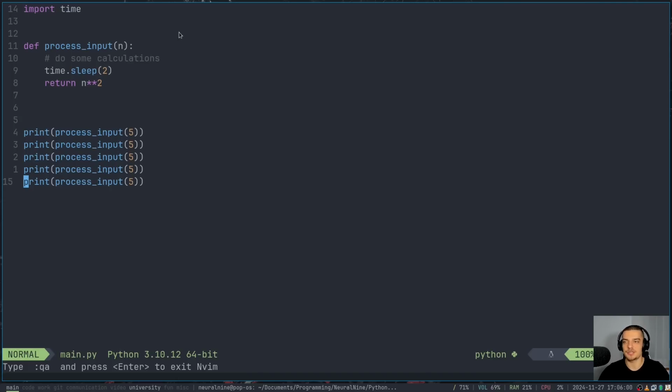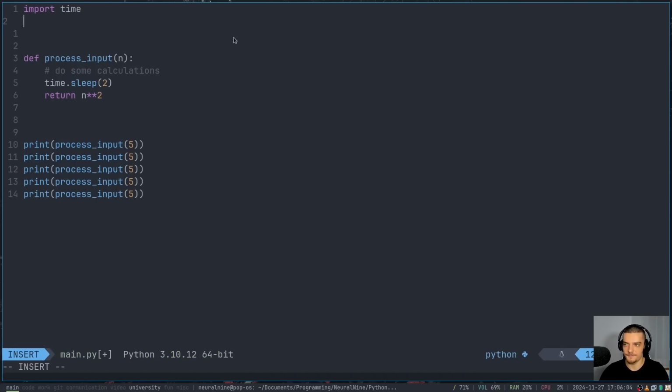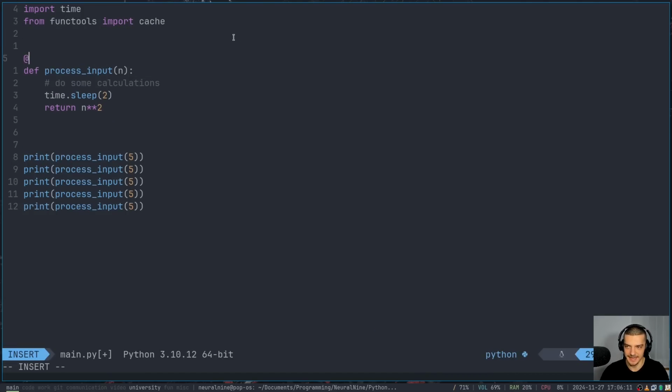The idea now is there is a decorator called cache, or also LRU cache, in functools. So I can say from functools import, for example, cache. And by adding cache as a decorator to this function, this is how you add a decorator, at cache. This is going to now be a cached function, which means that when I run this again,